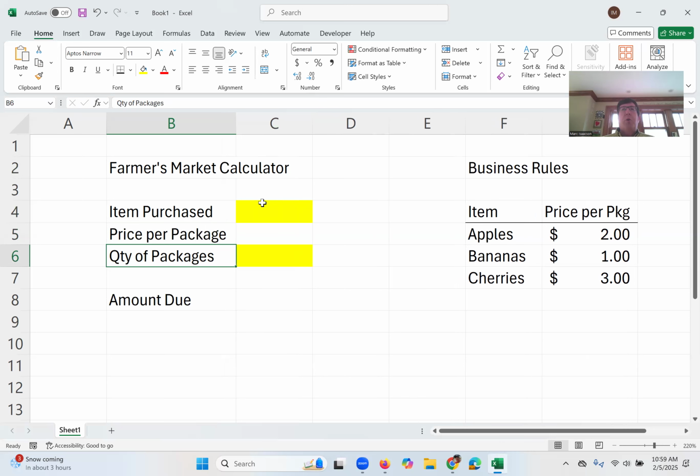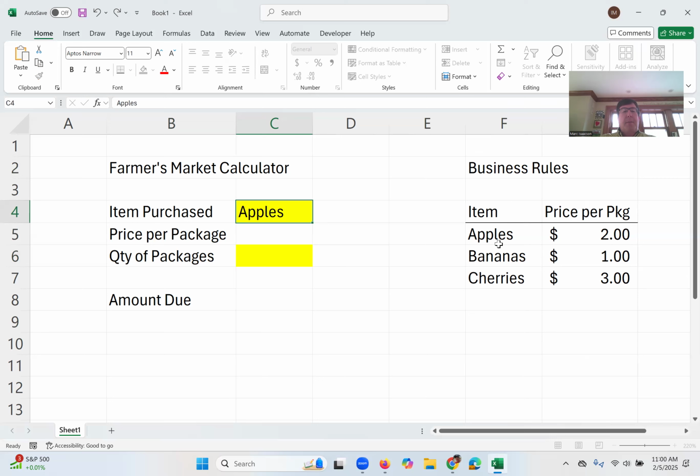When you go to a grocery store, when you go to a convenience store, we see this kind of thing happen all the time. They've actually automated it even further, where in most stores, the cashier scans a barcode. That barcode then looks up the item price and then uses that as part of the calculation of the amount due. In this case, we don't have the automation of a barcode, but we will use the name of the item. Certainly we could change the name of the item to some kind of generic item code, like a UPC code. Let's imagine that somebody wants to buy apples, and they're going to buy two